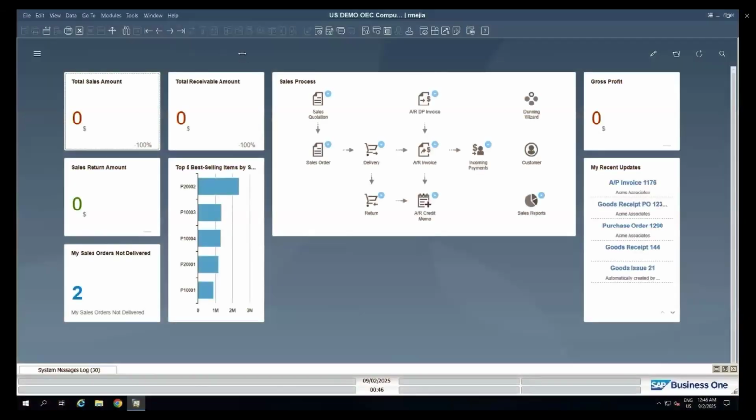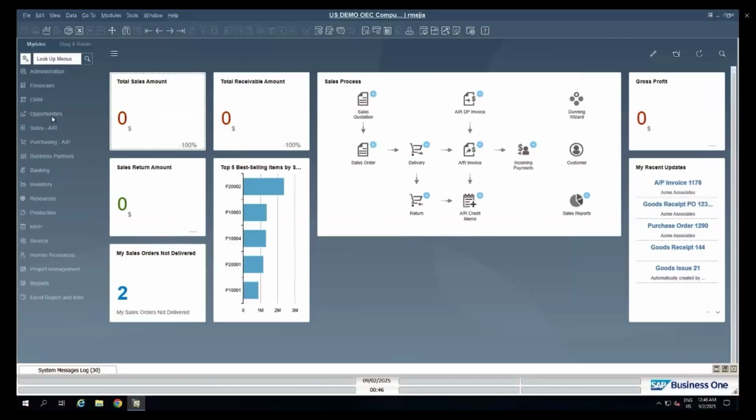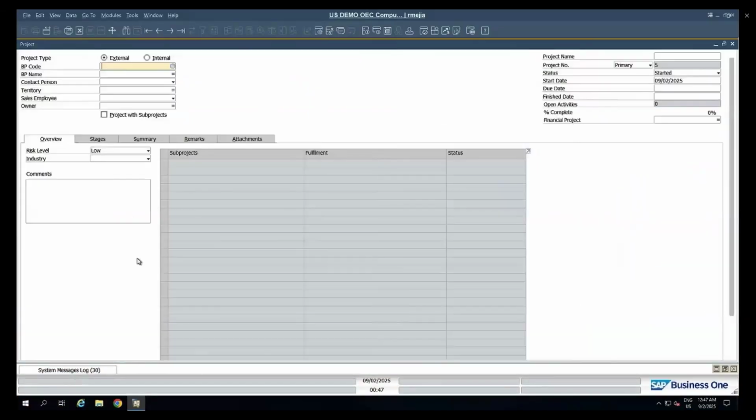Now that we have enabled the project management module, let's go to the main menu. Right below Human Resources, we will find our new folder for project management. Click, and inside that folder, you will find Project and Billing Document Generation Wizard. The first option is the one that we're going to start with, and that's going to be our project main